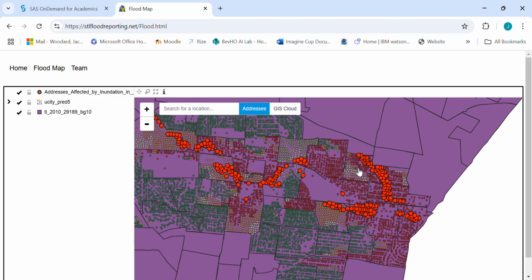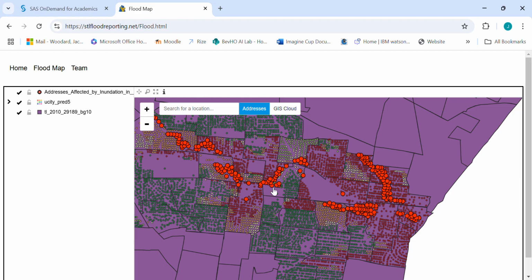If we take a look at first these little tiny red dots, these are areas that our machine learning model has predicted to flood. The little tiny green dots are areas that our machine learning model has predicted to not flood. The lighter colored beige or tan dots are areas that have a low to moderate chance of flooding.